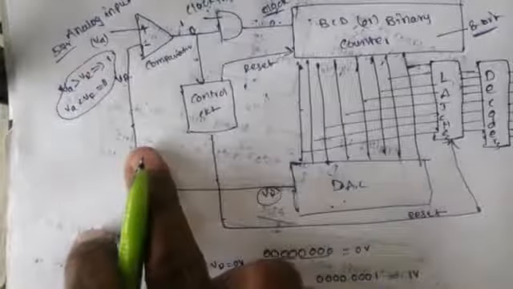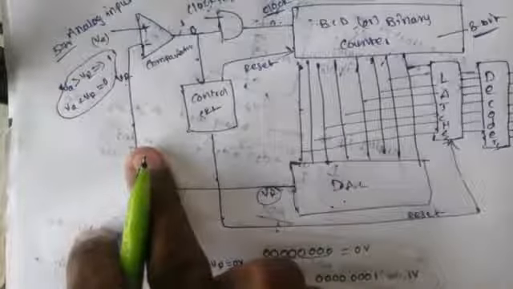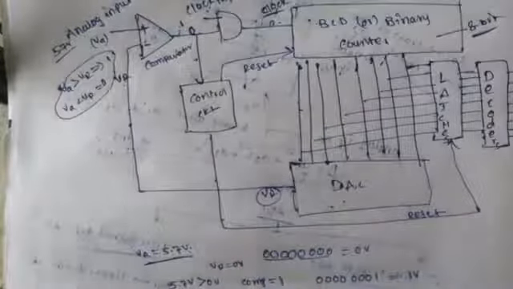Output is settled. Like here, the ramp generator will be replaced. Then the temperature effect will be decreased here. The drawback is overcome. But here the drawback is that speed is very less. Why? Because here ADCs as well as DACs are being used, analog to digital and digital to analog. Both conversions will be done. That's why the speed of operation will be very less. This is the first point.